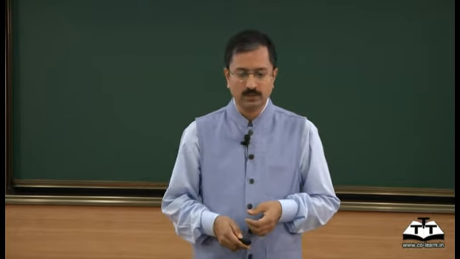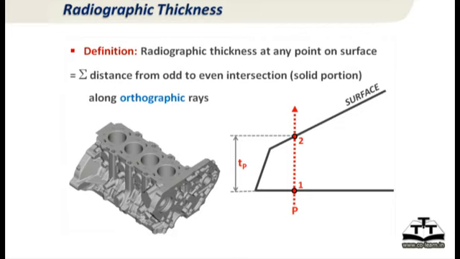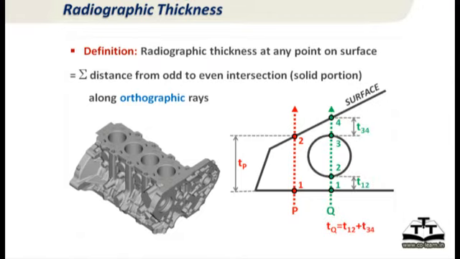Clear? This part is okay. Now, for metal casting we need one more thickness definition, which we call radiographic thickness. What is this? If I shoot a ray, the distance of the ray is proportional to the color of the radiographic X-ray, and if I have a hole in the part, for example,